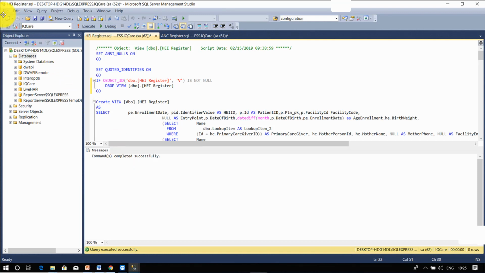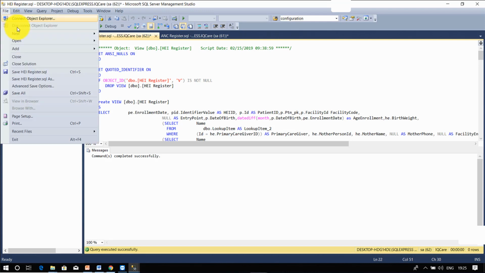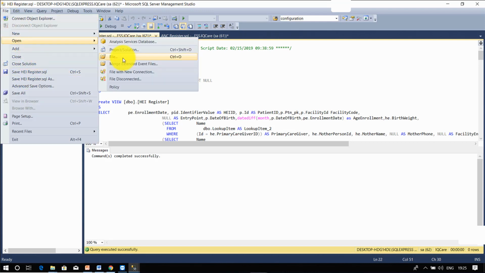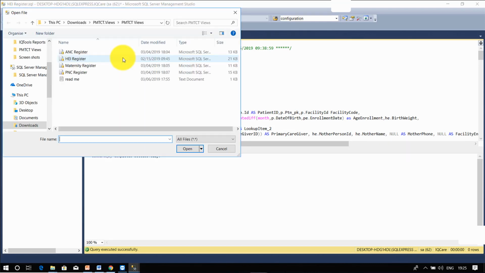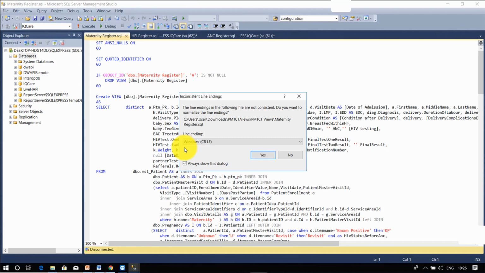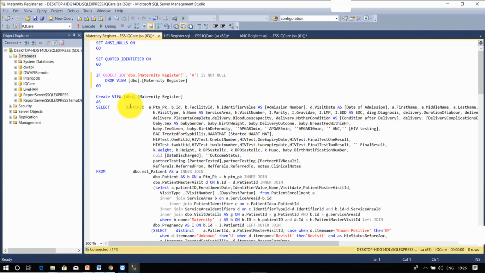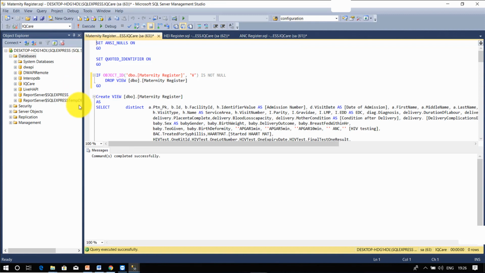Pick the third one, click on File, click on Maternity Register, click Open, click Yes on the prompt, ensure IQCare is selected, then click execute. You will get feedback that it was completed successfully.